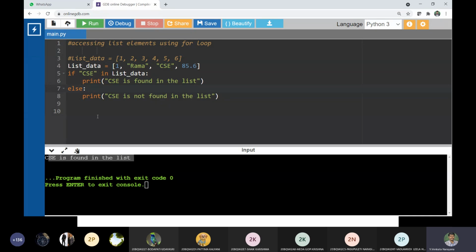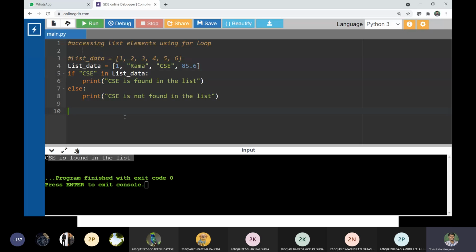Yes or no? In C we have a searching technique to find out whether a particular element is found or not. Yes, sir. It's linear search and binary search, yes. But we need not go for that much coding here. Just giving the element name, and by using the membership operator, we can check whether that element is present in the list data or not.